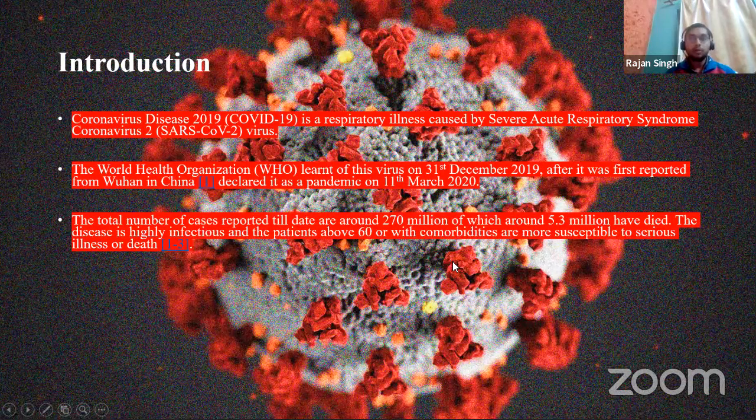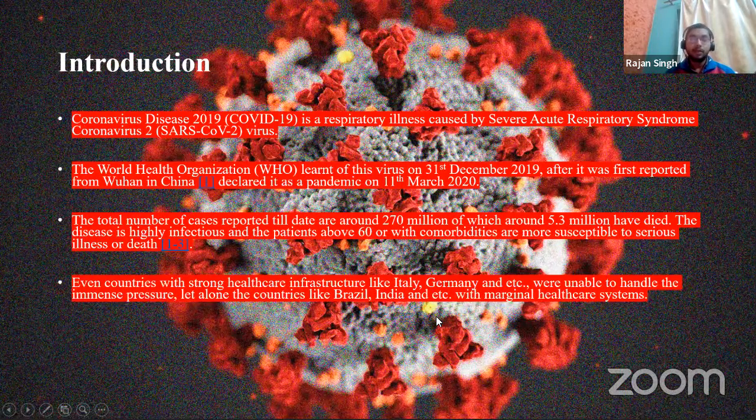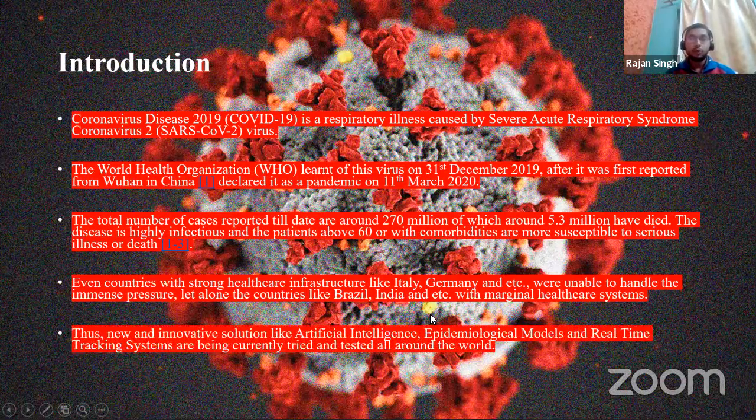Till now, 270 million people have been infected with the virus, out of which around 5 million people have died. We have seen that even countries with good healthcare infrastructure like Italy and Germany weren't able to withstand the virus, and the infection rates and deaths were very high. So new and innovative solutions like artificial intelligence, epidemiological models, and real-time tracking systems are currently being tried and tested